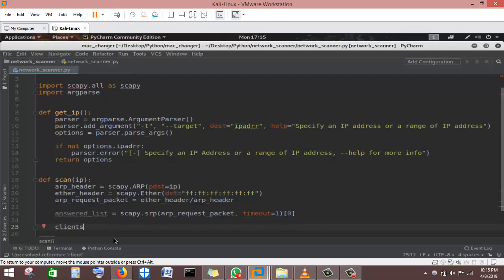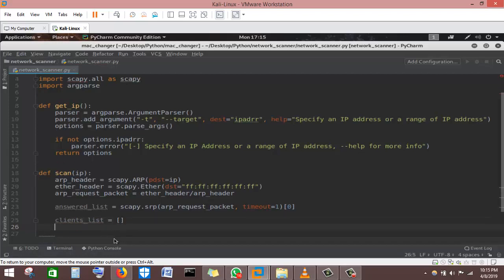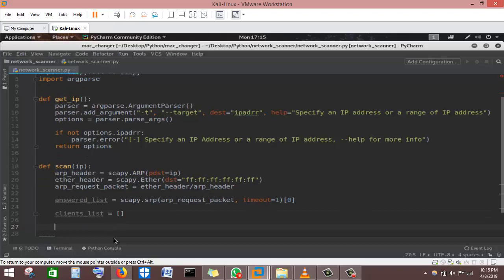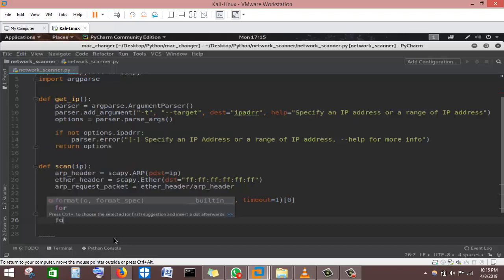Client list. So on line number 25, we initialize an empty list called client list, and we are going to see how we go about using it. So for element in